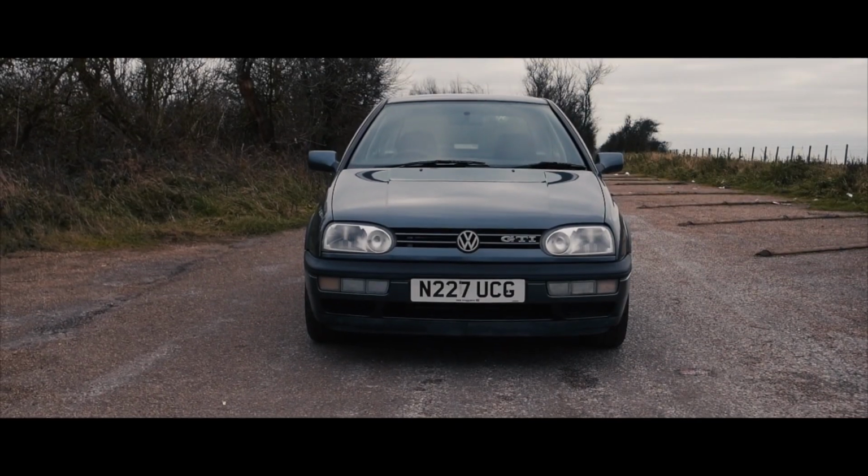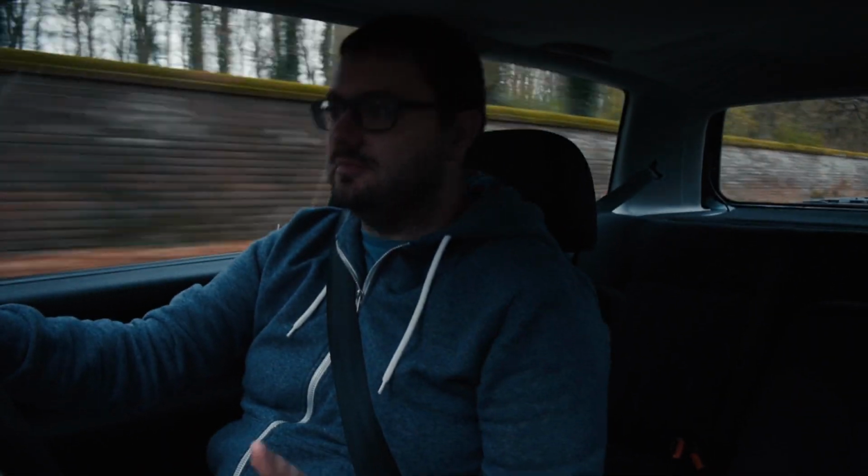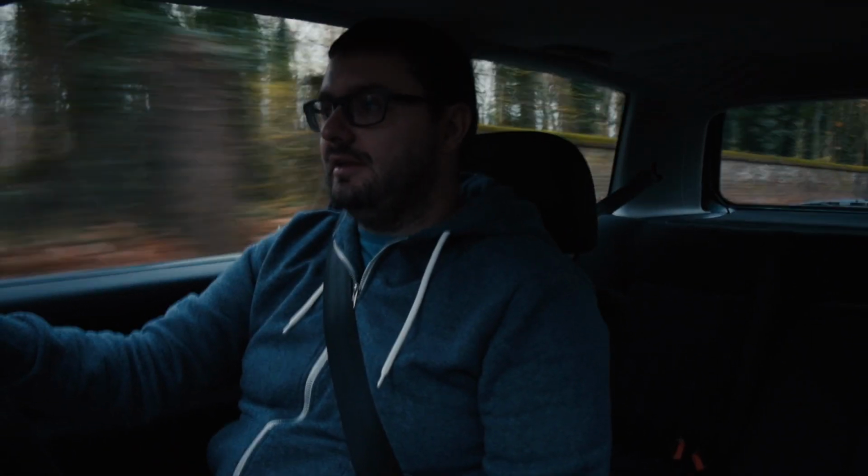My love affair with Golf started when I was a kid. My parents had 3 Golfs. They had a Mark II, Mark III and a Mark IV, all diesels. And when I finished uni, my parents amazingly gave me their Mark III Golf. They were trading it in against the Mark IV, then they decided to give me my first car. And it was a fantastic gesture because it really set me up after finishing uni, going out there